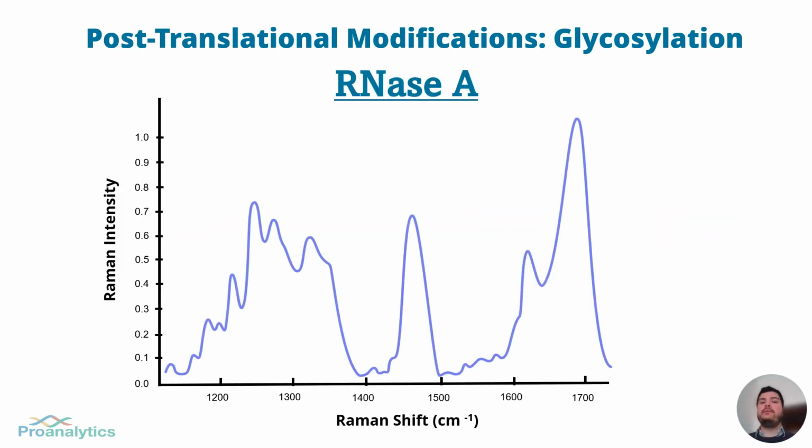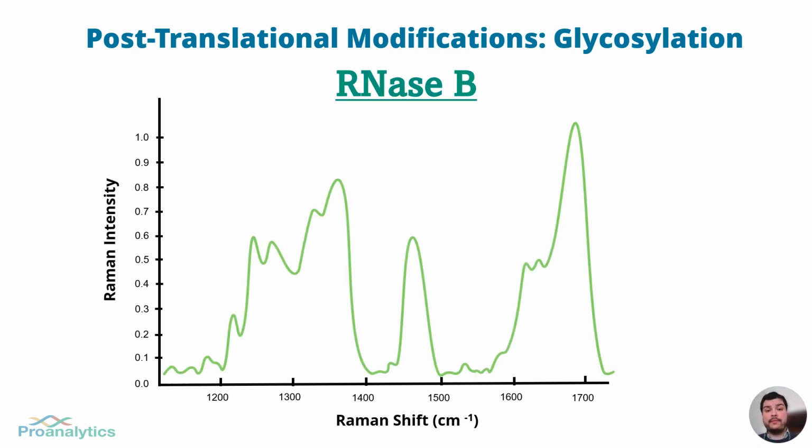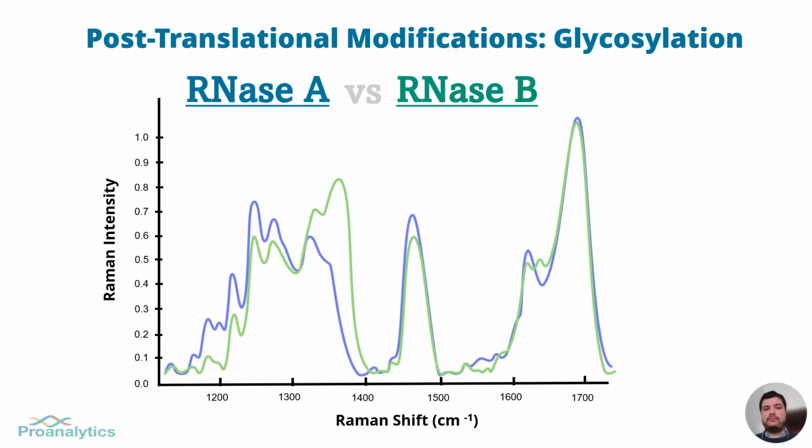So here is the Raman profile of RNase A, and here is the Raman profile of RNase B. Overlaying on top of each other, the first orange circle shows the missing glycosylation or sugar at about 1350 wave number in the Raman spectrum. You can see that RNase B has the sugar and RNase A does not. The second orange circle is where there is a turn or bend in the protein between RNase A and RNase